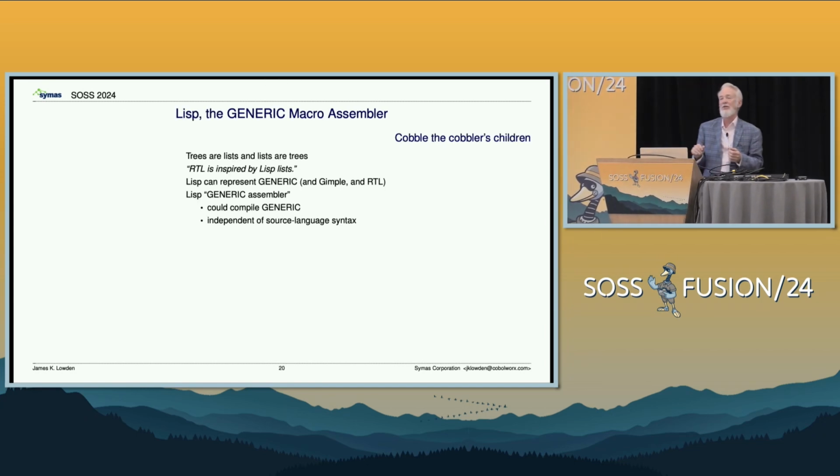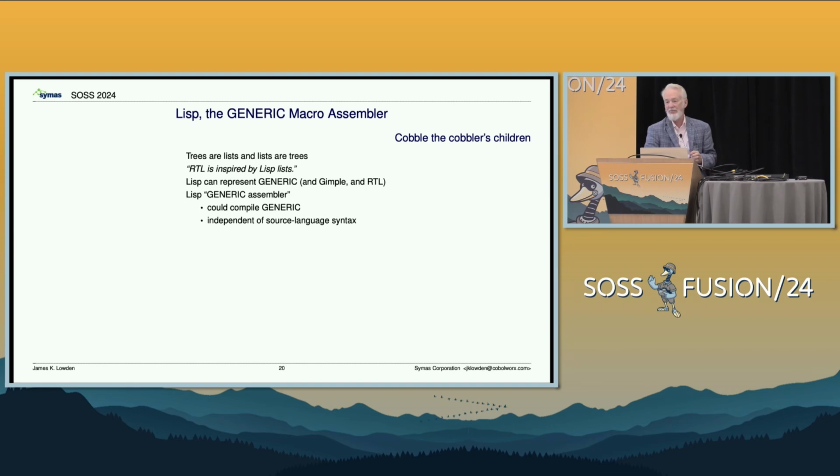Another thing that we've bumped into, maybe I'll get to that in a different slide. So I suggest that Lisp would be a good representation for generic trees. We know how to compile Lisp. Lisp has an old, long, well-understood way of representing trees. So I've been saying to people who agree with me that that should be the dump language, and that we should write a front end for Lisp that would produce generic. So you could take the dump, compile it, and compare it. This is what I think we should be doing.